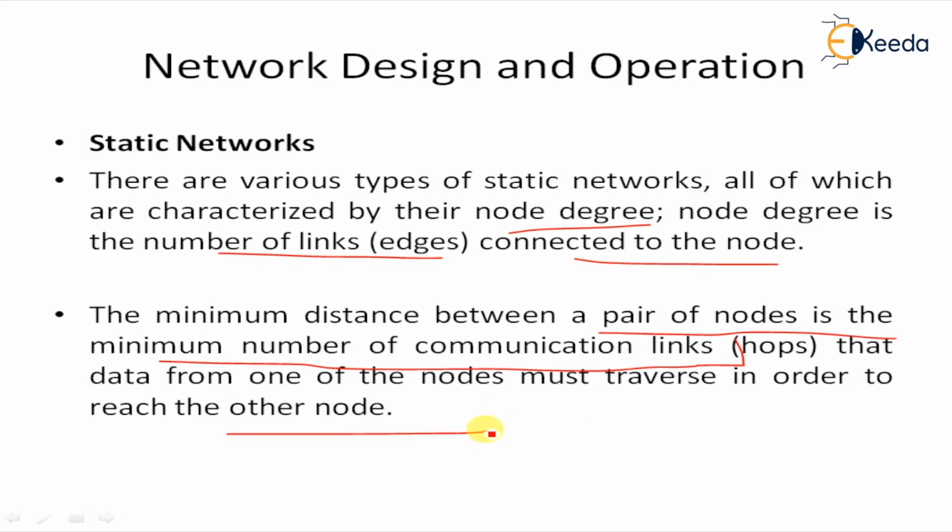So in the case of the shared bus, also known as a common bus structure, it is the simplest type of static network. The bus has a degree of one and is an architecture where all nodes share a common communication link for that purpose. Second is the linear array. The linear array has degree 2, with each node connected to two neighbor nodes.